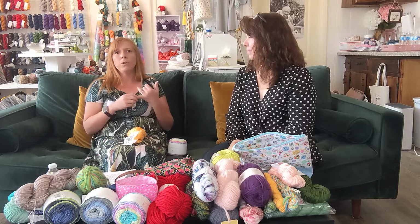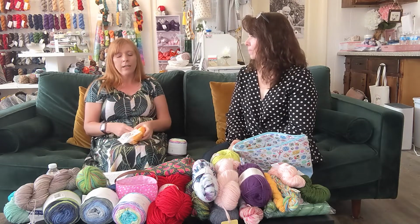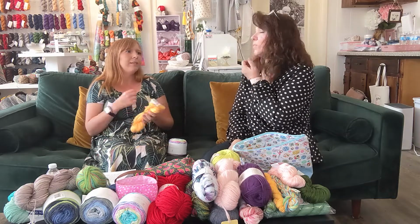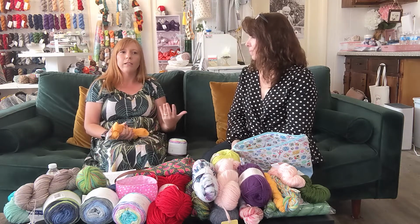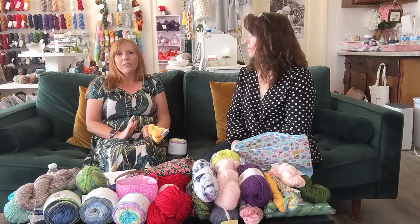I like to note what type of yarn it was, who it was made by, what the color was, the dye lot. If you save your tags, that's great. If not, I just get a piece of paper and write it and wrap it around, make a note of what weight of yarn it was and what the content was, just in case you can use it at a later date. Because everybody wants to use all their yarn. They don't want to just